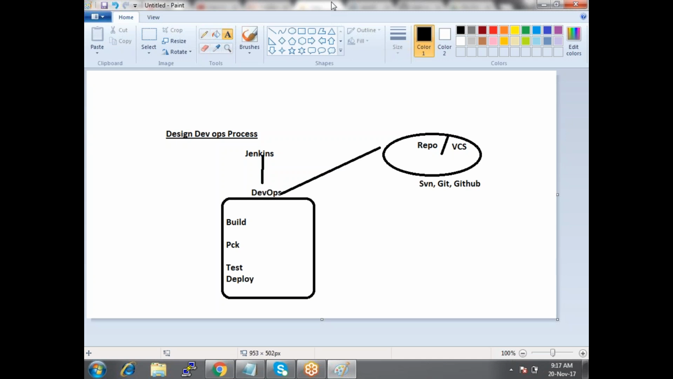For example, we have three projects, say project A, B, and C. Project A team should not have access to the project B repository, and project B team should not have access to A and C. We need to restrict that. That is what we call access control. Access control is our responsibility as a DevOps engineer, as well as